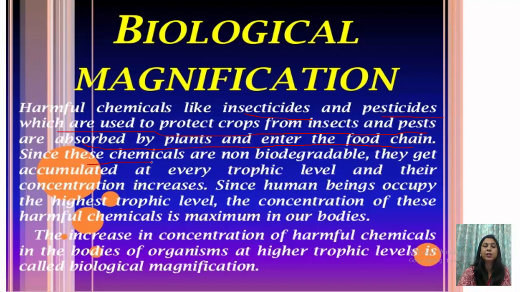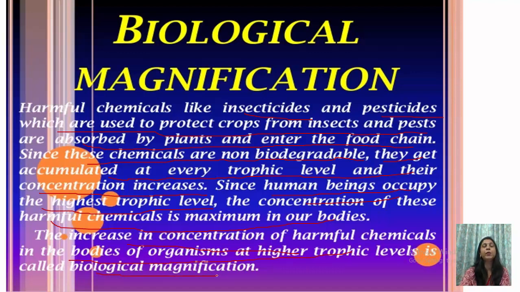Since these chemicals, these pesticides and insecticides, are non-biodegradable, they get accumulated at every trophic level and their concentration increases. Since human beings occupy the highest trophic level, the concentration of these harmful chemicals is maximum in our bodies. The increase in the concentration of harmful chemicals in the bodies of organisms at higher trophic level is known as